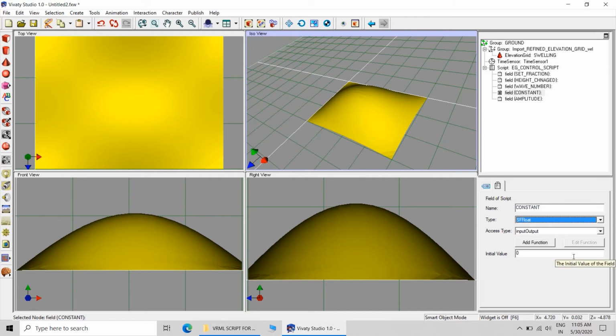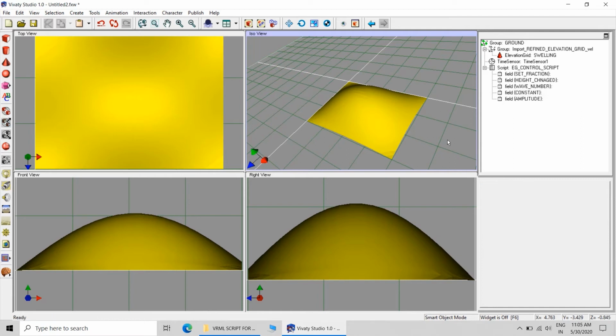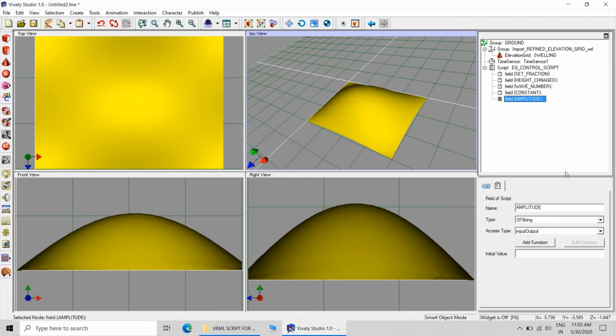The next ones are SF float, initialize only, and SF float, initialize only. The access type will be initialize only.